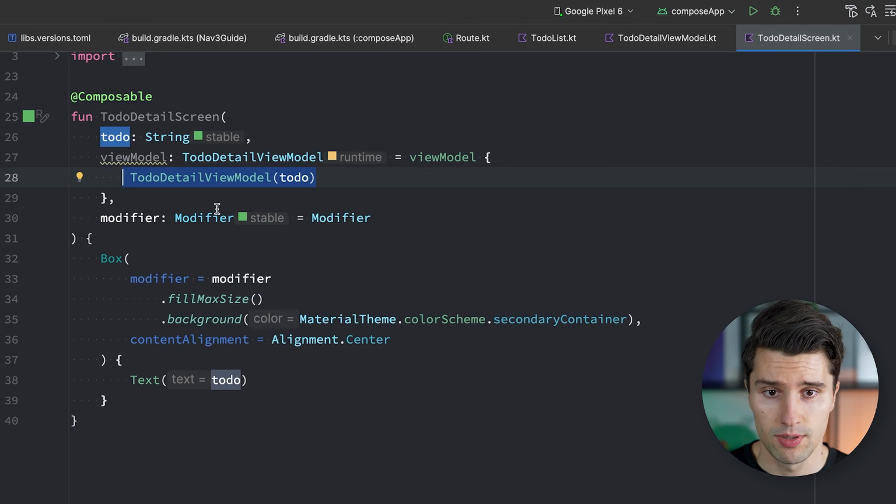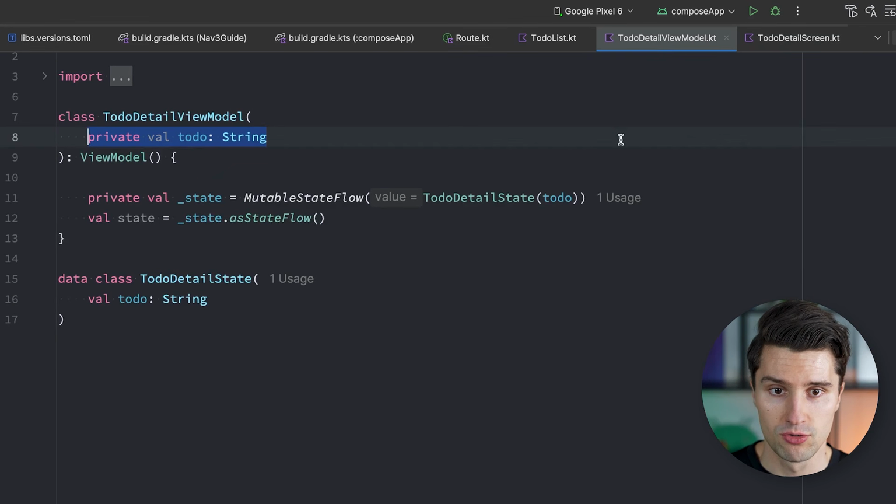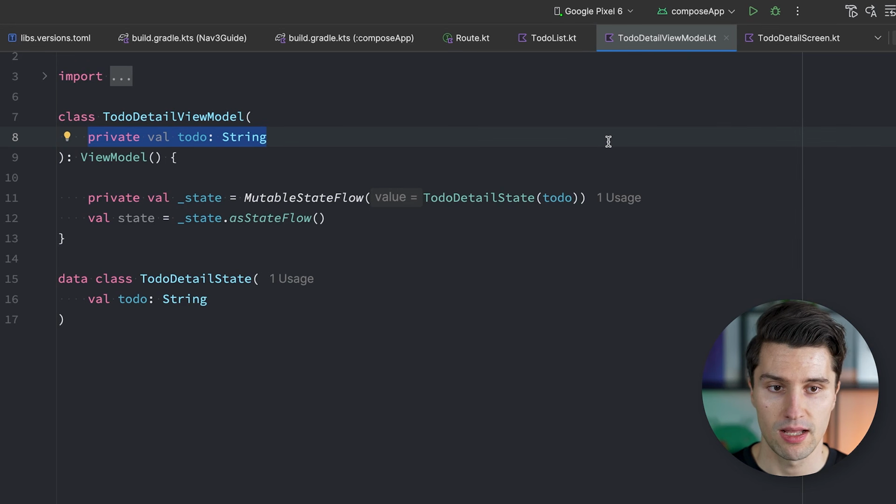On this screen here, in this simple example, the view model is not even needed. You can see it's grayed out. But of course, it's interesting for you to know how you would also get these navigation arguments in the view model itself. Because, for example, if your to-do would come from a database, you would save that in a database,